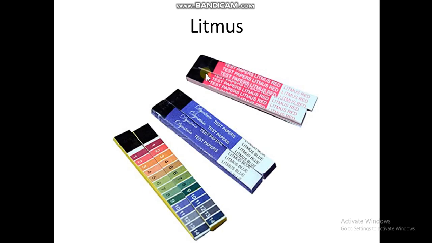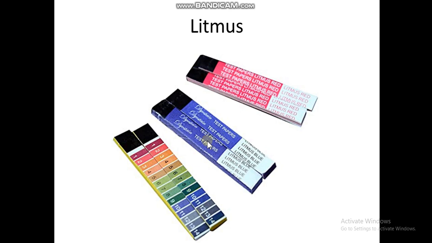So this is one very special and very famous type of indicator, and it is known as litmus. It is known as litmus paper or litmus test papers. This is not the litmus paper, this is pH paper. We will not study this one now, you ignore this one. These two are here. This is blue litmus and this is red litmus. They are obtained from a natural source, a composite organism called lichen. From the lichen organism these things are prepared. So they are obtained from a natural source, and these are natural indicators.